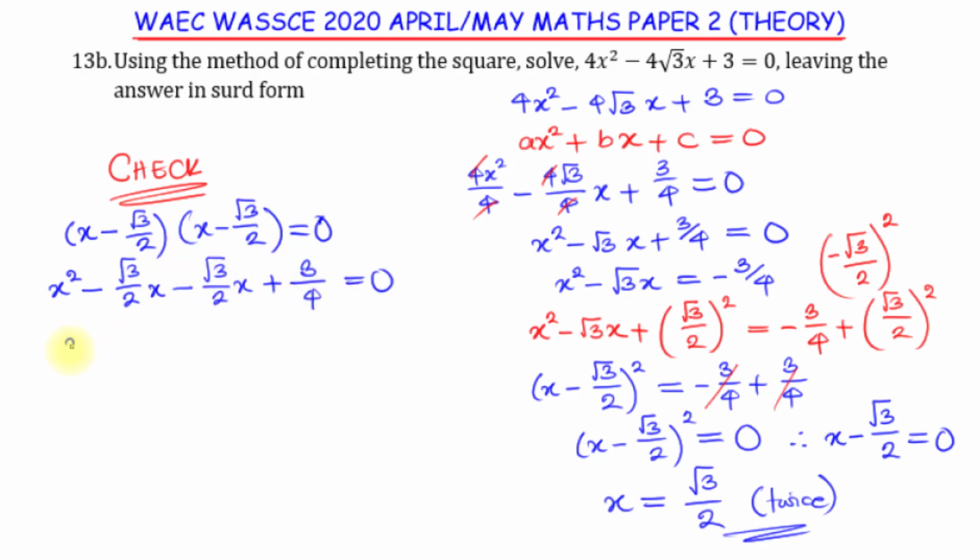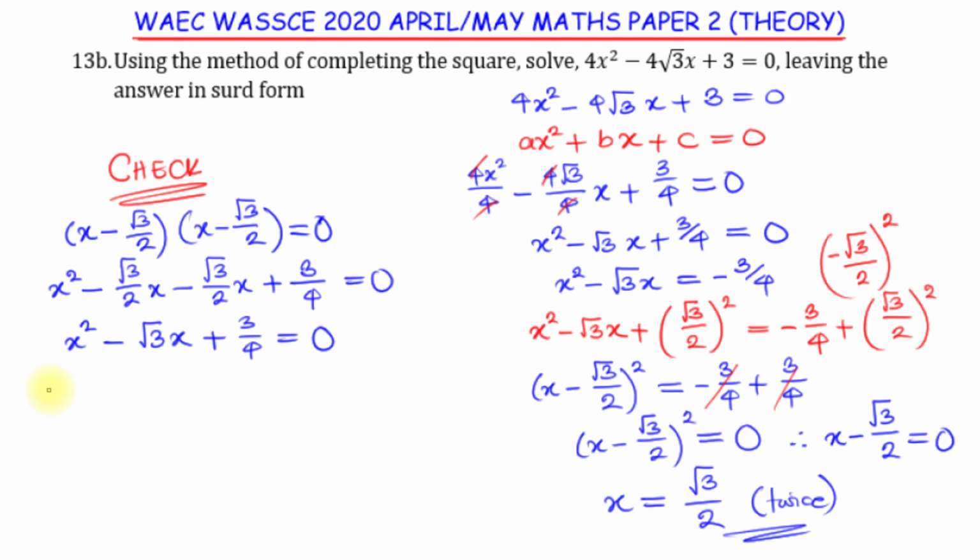Now this is the same as x squared. Here is as if we are having half. Look at this. We have half of root 3 and another half of root 3, but they are both carrying negative sign. So it's as if we are having two halves that whenever we are combining them together, they will give us a whole. So we have minus root 3x, okay, plus 3 over 4 is equal to 0. We want to reverse back to see if we can get our original equation.